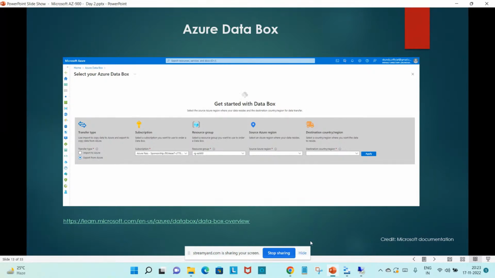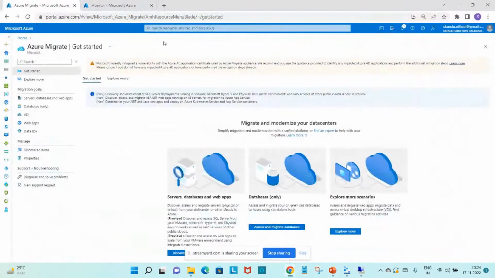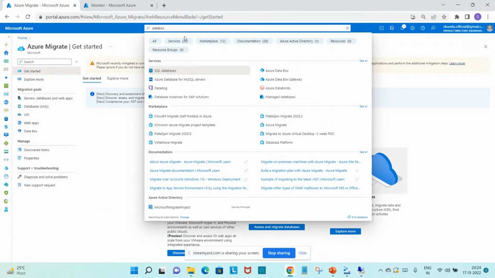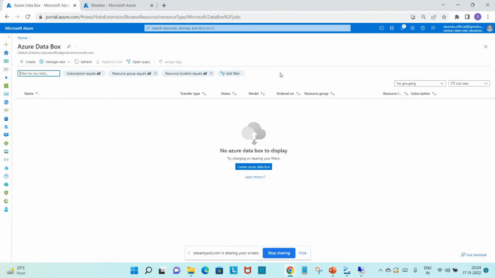So this will be the first UI you need to select. You can see what the transport type is, import or export, which subscription, which resource group, which region, from where the data will be transferred and to which region the data needs to be transferred. If I go back to this one, you can go here using this one, Azure Data Box. See, if you select here,